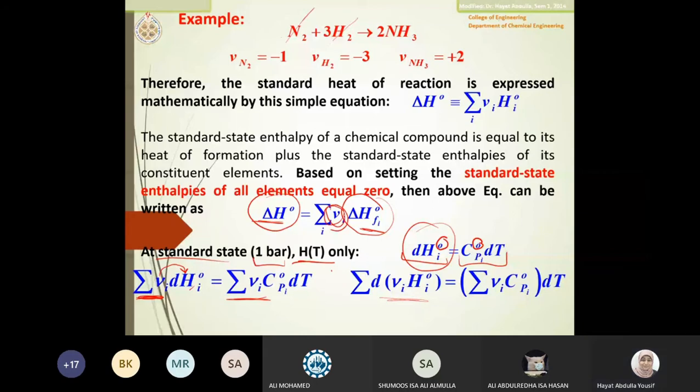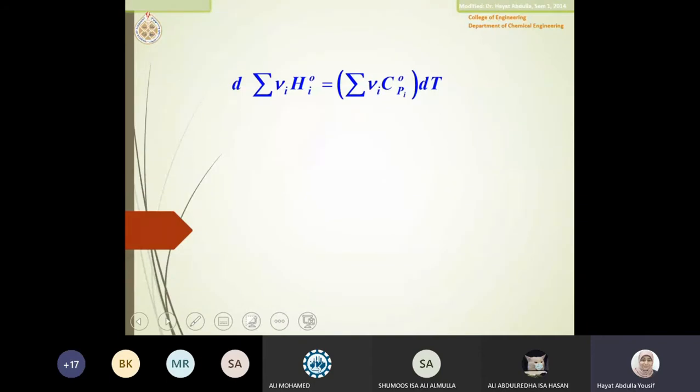It's a constant value. So here I had this as a number, and same thing for the summation. I put a d, summation of stoichiometric number times Hi, and same thing here. So this is the equation I have. And let's think about it. Haven't we said in the previous lecture that this is simply delta H naught? Because stoichiometric number means what? Positive for the product, negative for the reactant. It means the product minus reactant. So this is delta H naught, basically. So if that one is delta H naught, then this one is delta H naught.